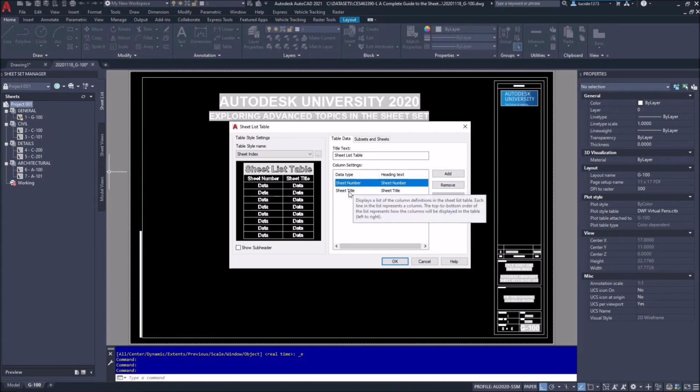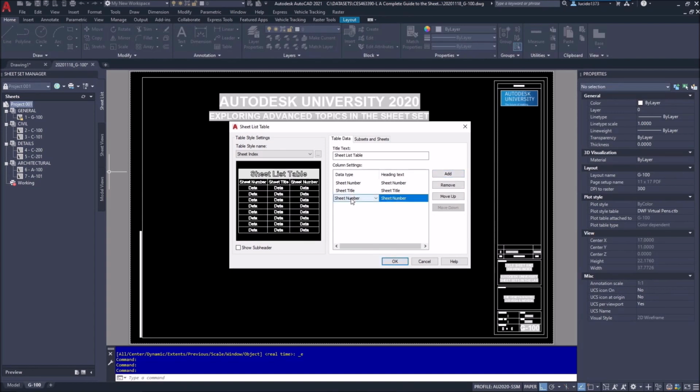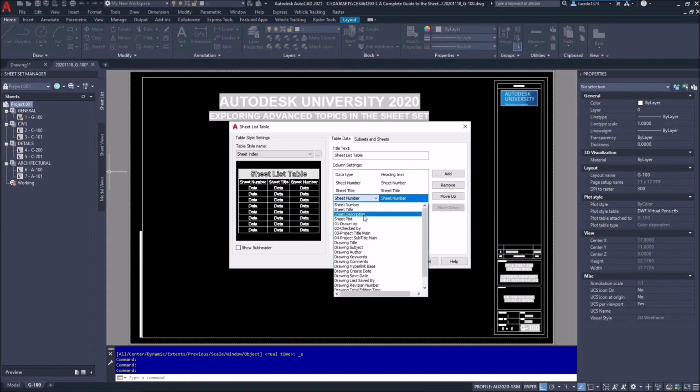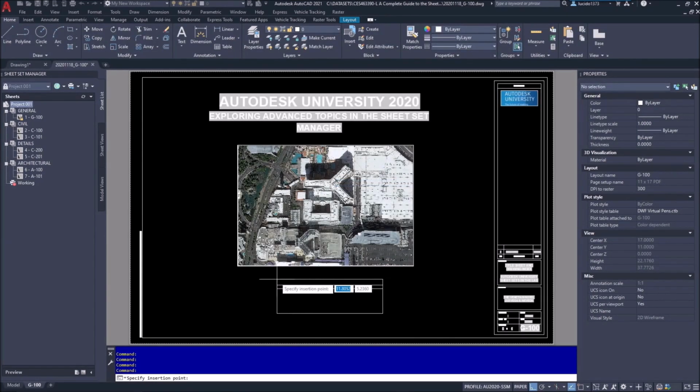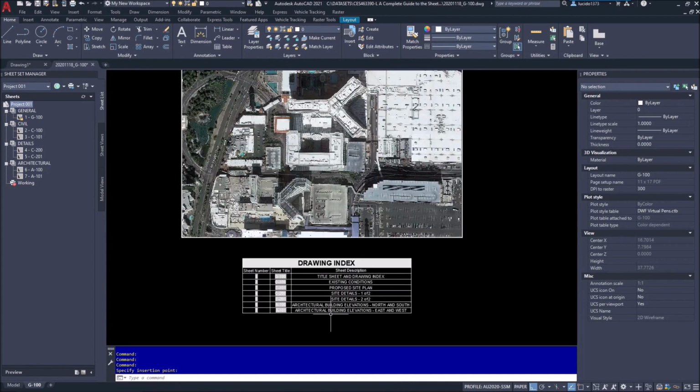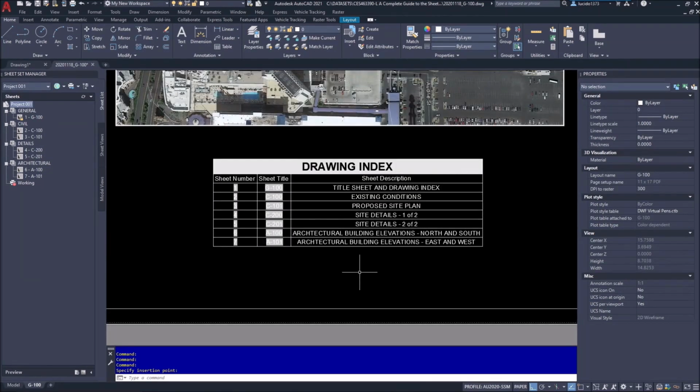We have the sheet number, the sheet title, which is C100. We're going to add a sheet description. I'm going to pull this down, description. You can see some of the fields you can add in there. So those are the 3 instances there, and we will call this drawing index. And select OK, and what's going to happen is AutoCAD's going to actually bring up your entire drawing index, completely